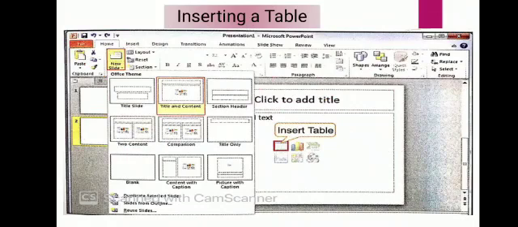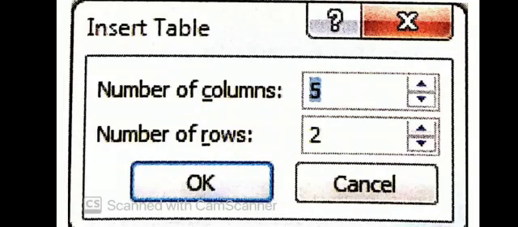You have to select the second one, Title and Content. In Title and Content, you see Insert Table. You have to click on that icon. Then a dialog box of Insert Table will appear. You have to define the number of columns and rows that you want and then click on the OK button. Only this much you have to do.